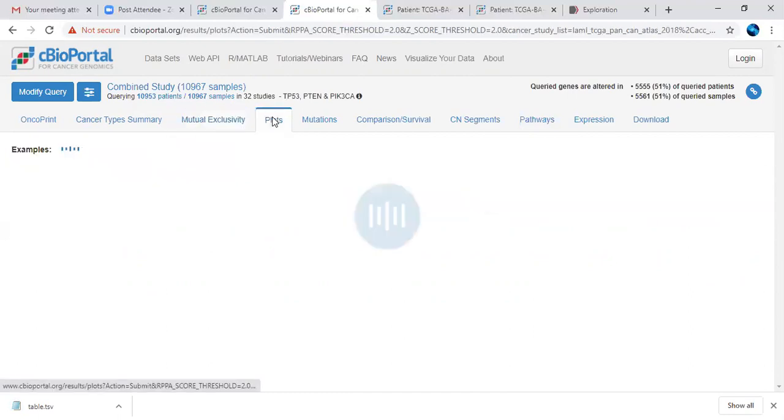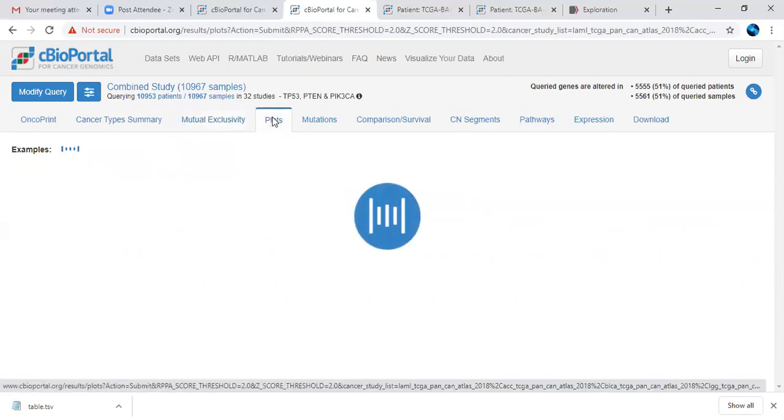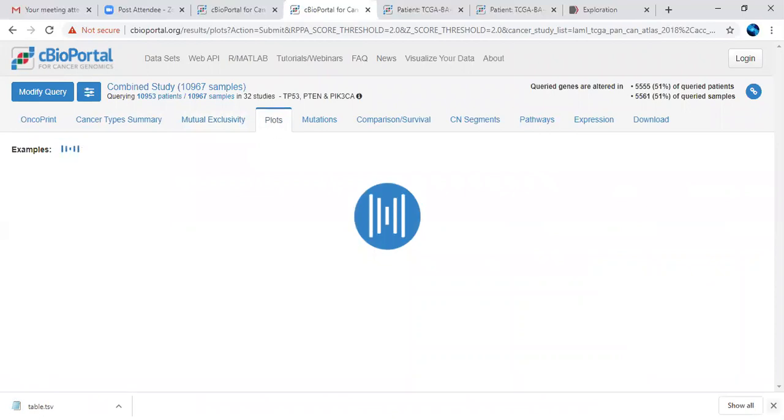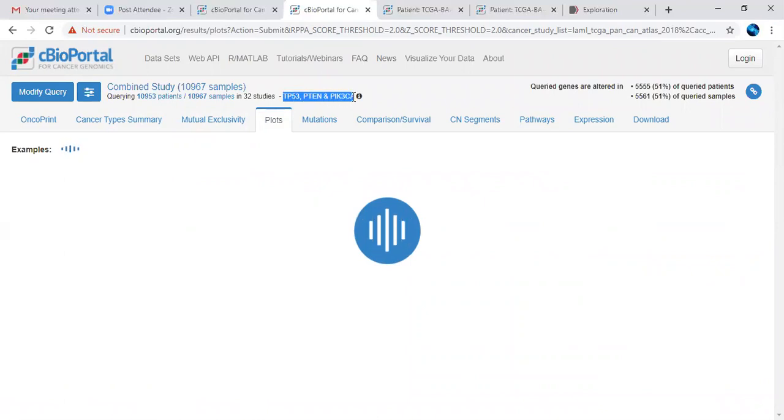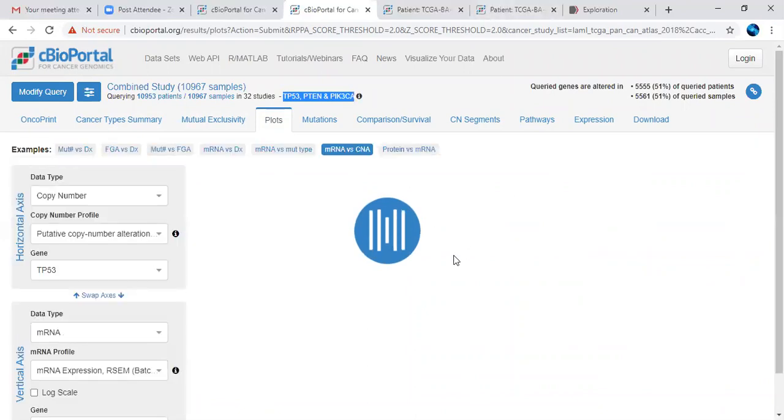And what are the plots showing? They are showing the plot with respect to these particular three genes of your interest. So here you can see the plot is being generated, and the plot is being generated by using how many datasets. So they have taken the data types, that is copy number of alterations. It is taking time.